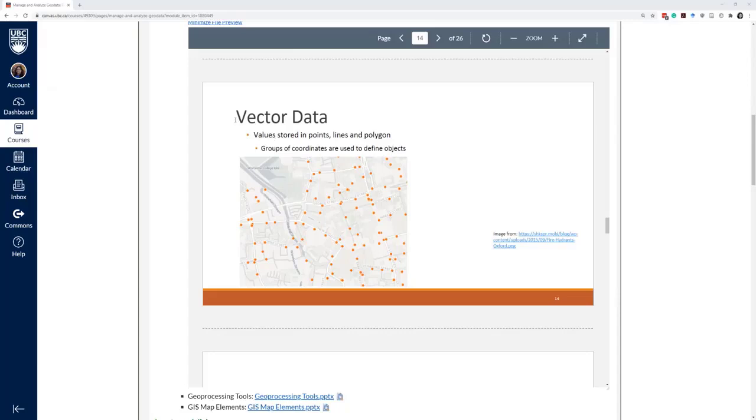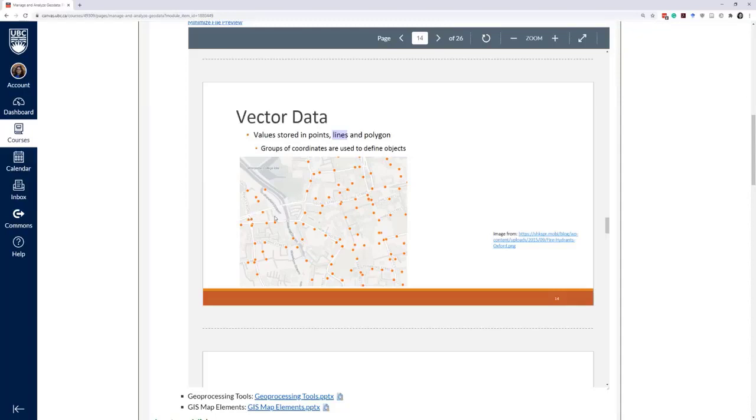The other data type is vector data. In vector data, information is stored in points, lines, or polygons. Let's say in the fire hydrant, wherever we have the fire hydrant, we showed using these dots. So you can see we have these dots. That means if I am talking about vector data, we basically have points, lines, and polygons. If we are talking about lines, you can see we have streets. Those streets are actually